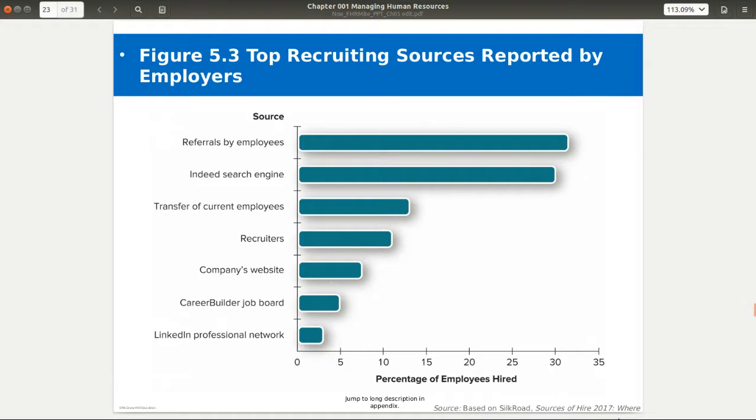Now, when you think about the percentage of employees hired, referrals by employees, if you notice, that is the biggest one. I've always told folks, the best jobs are found by somebody that you know that's actually working in that organization. They are referring you to that. This is why networking is so, so vital for all of us. Getting to know more people, learning where it is that they work, making those relationships, let them know you. That's exactly where the best jobs actually come from.